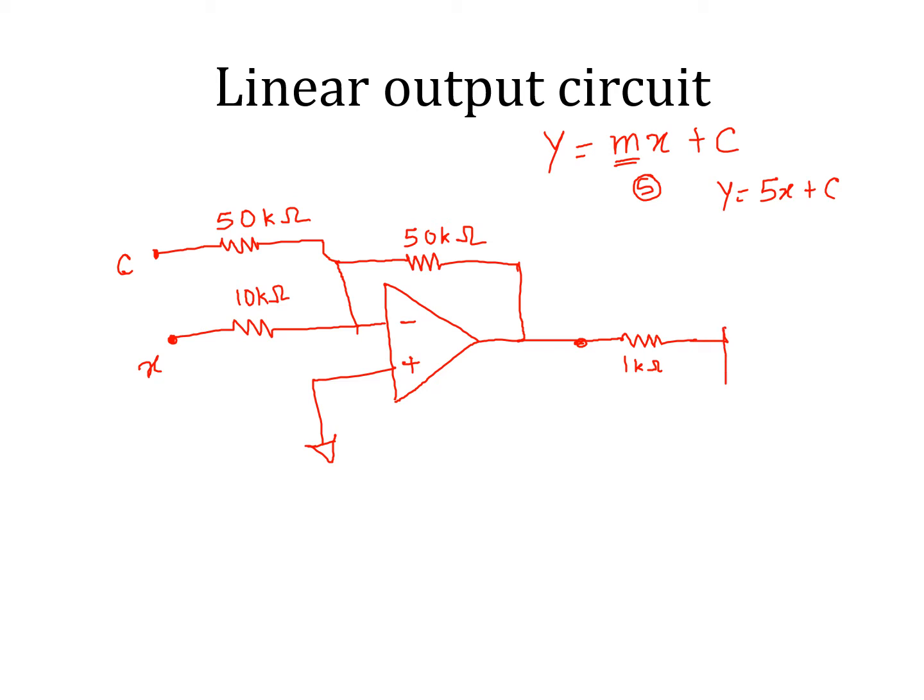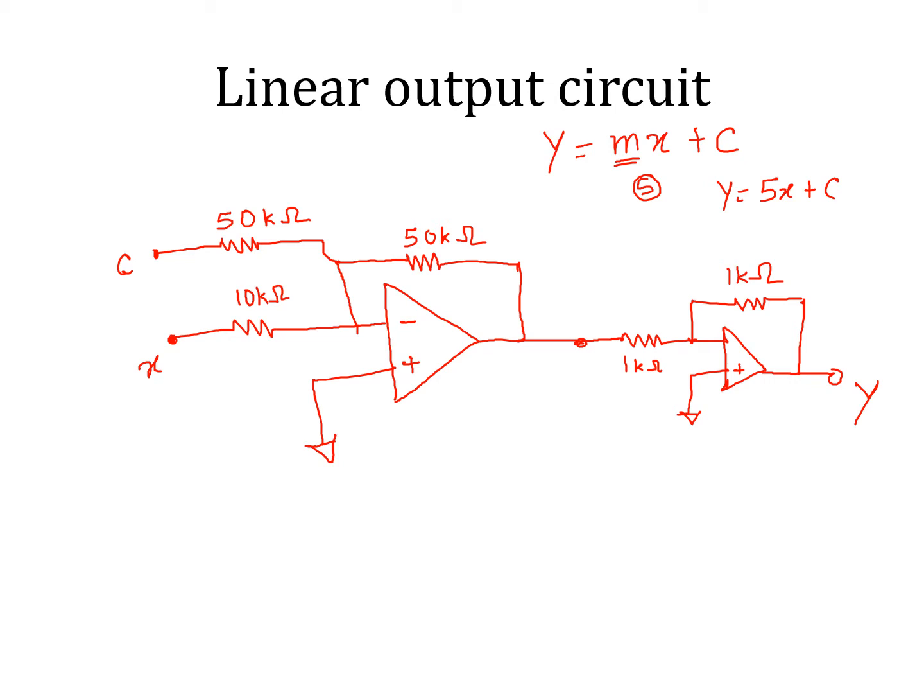negative feedback, positive input grounded, and this will be connected through an RF of same value, that is 1 kilo ohm. So 1 kilo ohm by 1 kilo ohm, it will give us a gain of 1. So finally what we got is Y. So this is the final circuit of linear output signal conditioning, in which we have one amplification factor M and another input is added as it is.